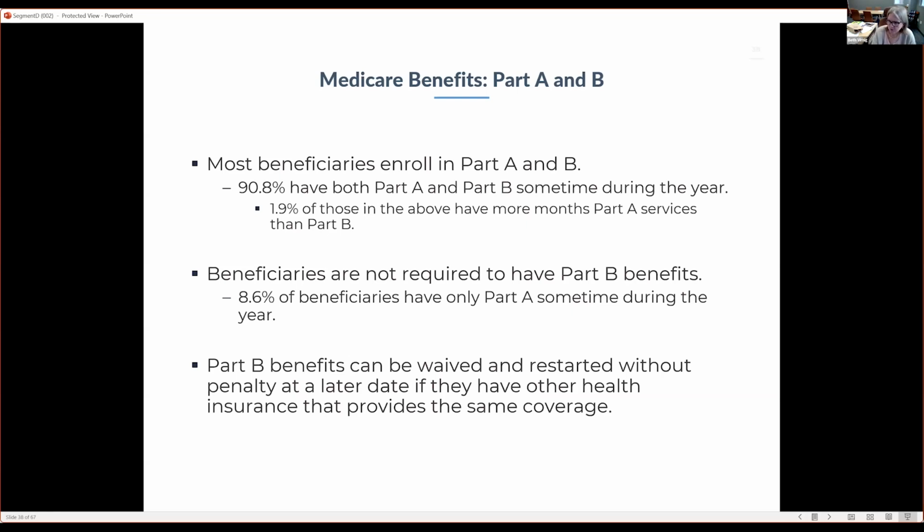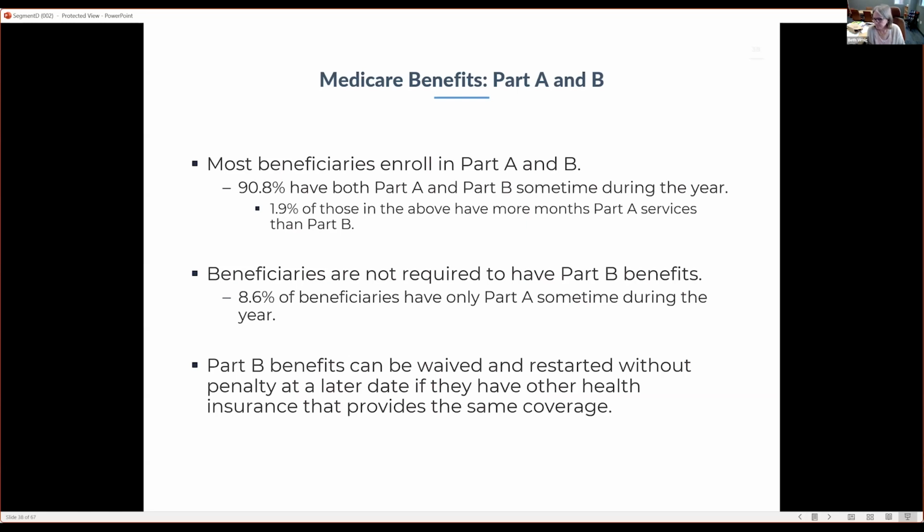Beneficiaries, as we said, are not required to have Part B. Part B is optional. And about 8.5% of beneficiaries have only Part A at some point during the year. Often these will be younger elders, if you will. And probably either they are still working, so they have private insurance, or perhaps they've got a spouse who is still working and they're getting insurance from that person. So rather than paying the Part B premiums, they're able to opt out by showing that they have